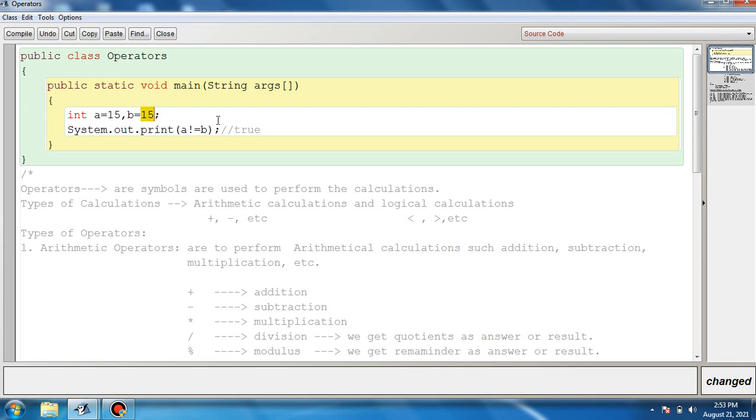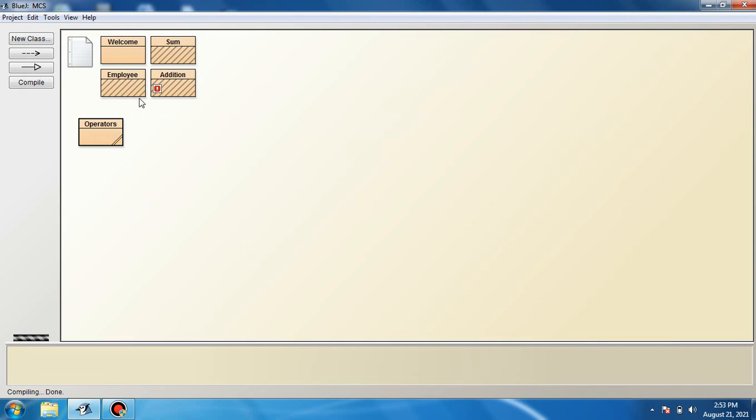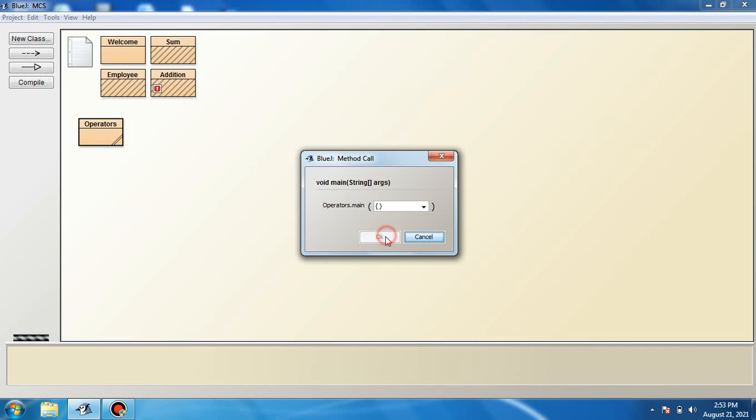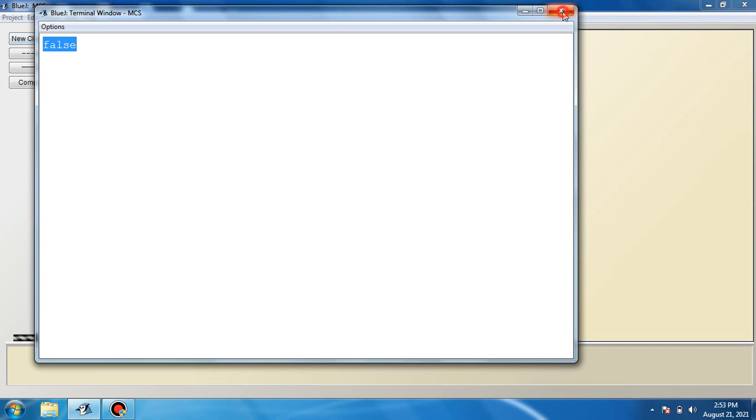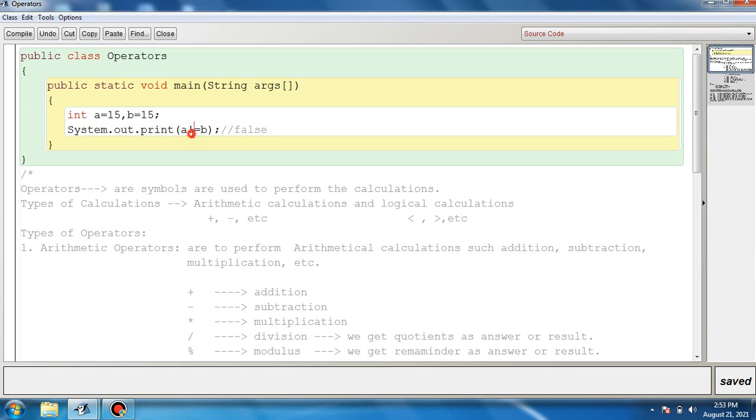Is 15 not equal to 15 true or false? No, it's false. 15 is equivalent to 15, so this relational operator will return false. Why false? Because both variables hold the same value and we are checking non-equality. They must be unequal for it to return true. Since they are equal, not equal to will return false. This relational operator will result in a true value if both variables store unequal values.